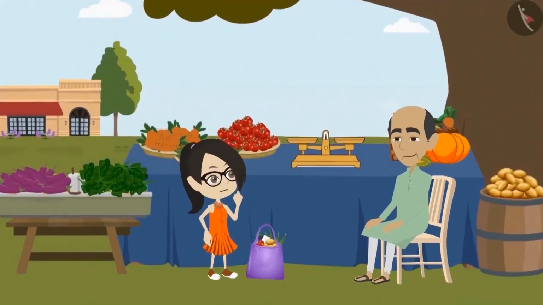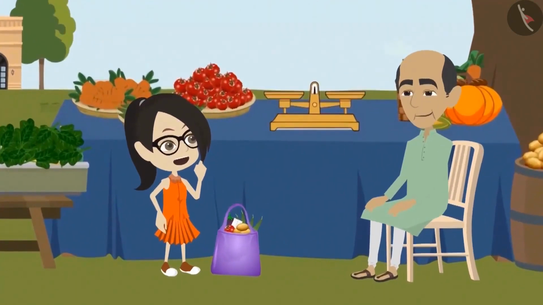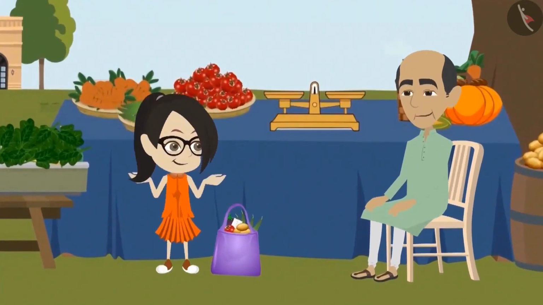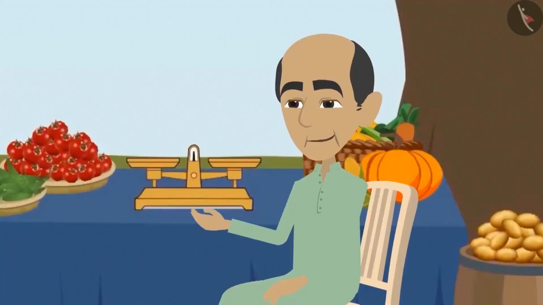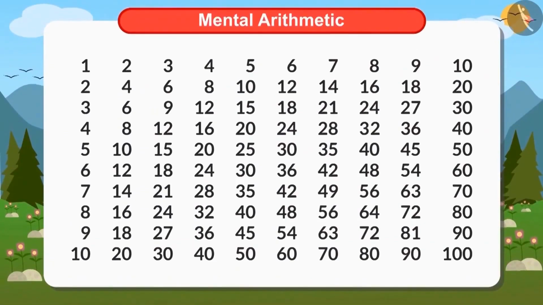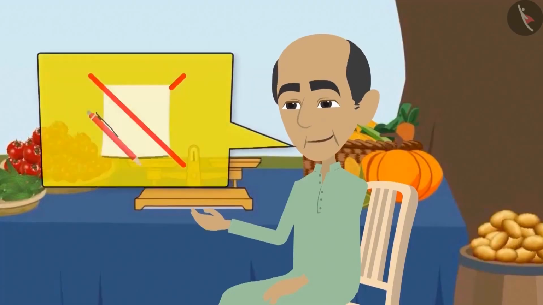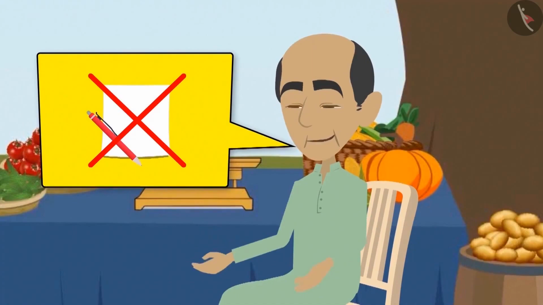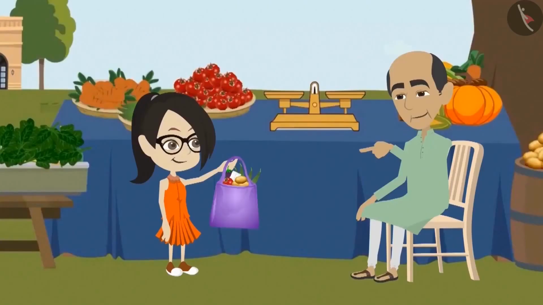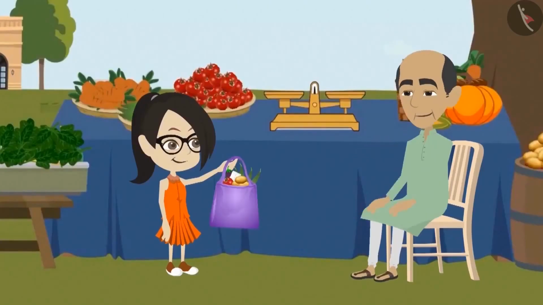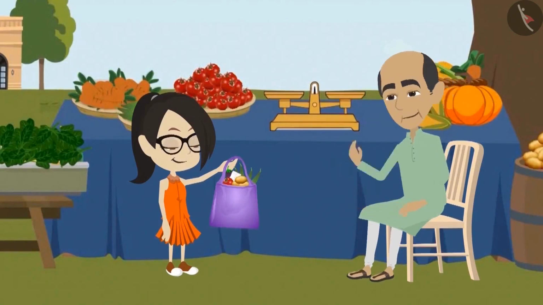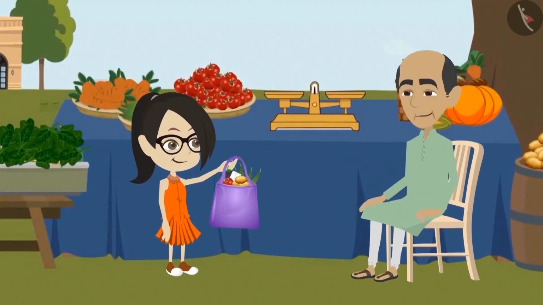She asks, Uncle, how did you calculate so quickly without any paper and pen? The vegetable uncle told Vandana that if she learns the tables well, she can also find the total value of these vegetables very easily without using a paper and a pen. The vegetable uncle further told her that initially he also used to take time to calculate. But now, after a lot of practice, he is able to do it very quickly.